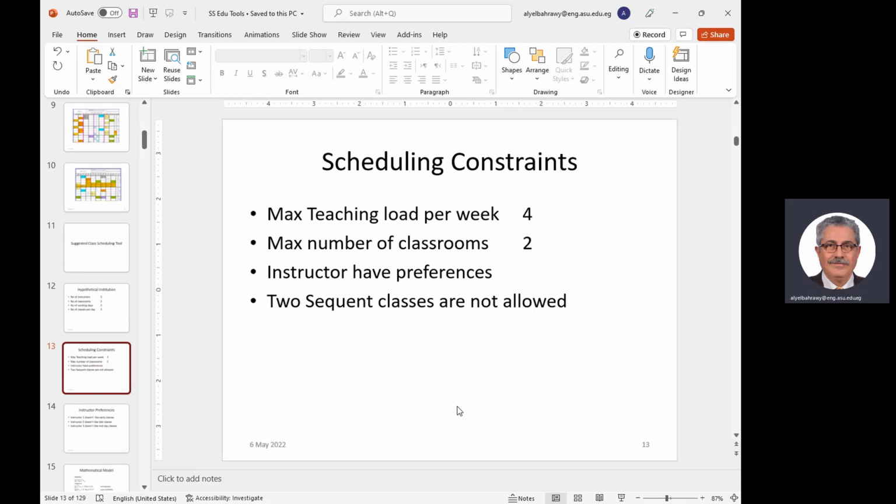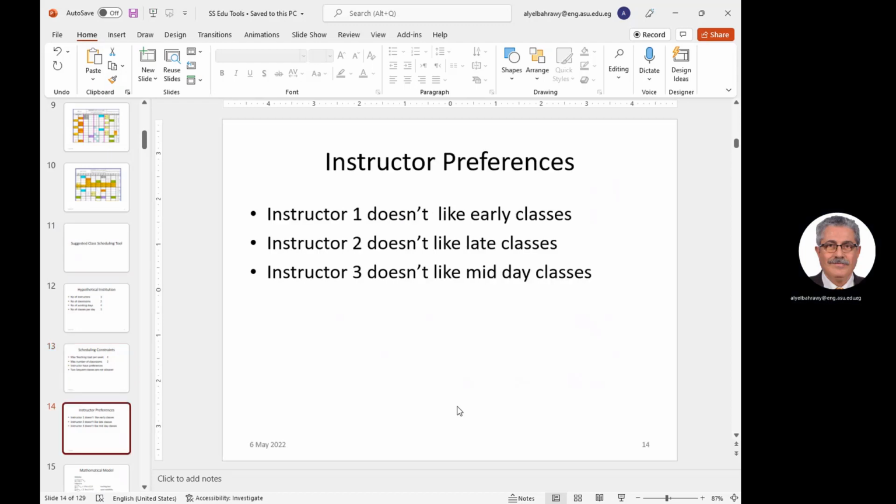But we have constraints: the maximum teaching load per week is 4 days, the maximum number of classrooms is 2, and the instructors have preferences regarding the time they like to teach. And we are not allowing 2 consequent classes. These are examples of instructor preferences for the simple university here. Instructor 1 does not like early classes, instructor 2 doesn't like late classes, and instructor 3 doesn't like